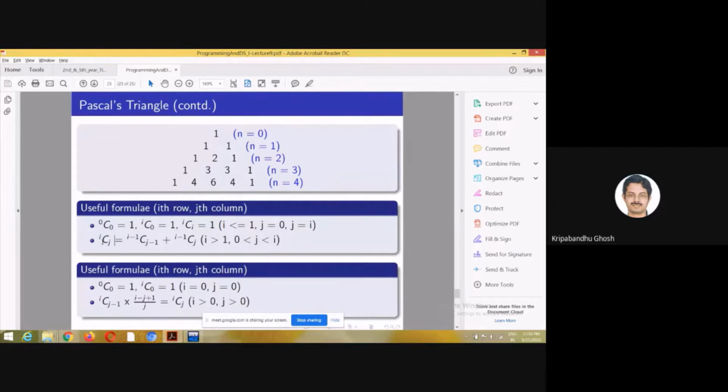Both run: i runs from 0 to 1 in this case, to 2 in this case, to 3, to 4, and j is a function of i here. For the other situation, i greater than 1 and j between 0 and i, use the formula iCj equals i minus 1 Cj minus 1 plus i minus 1 Cj.